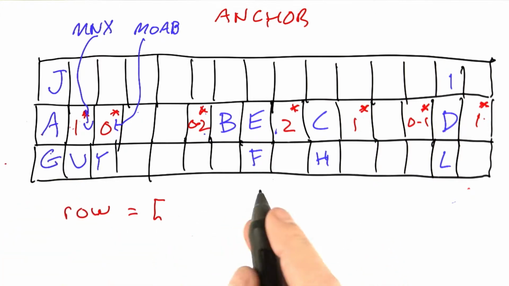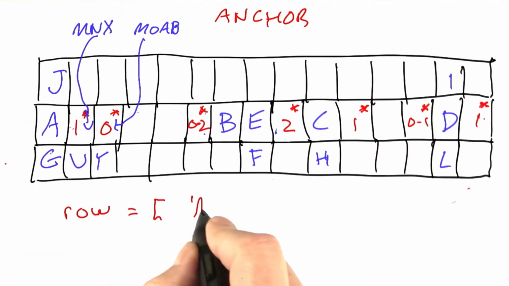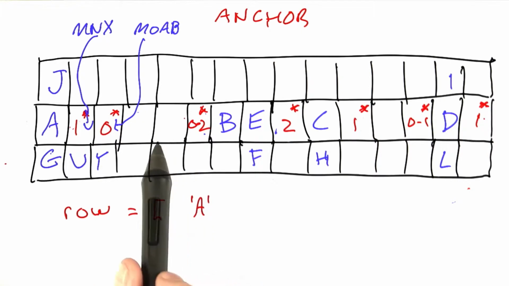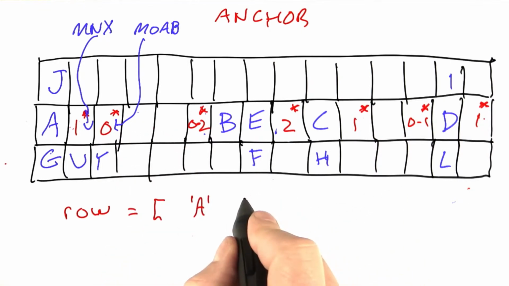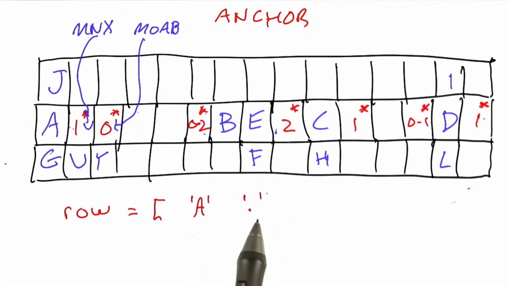If a square is a letter, we'll just use that letter as the value of the square. If the square is an empty spot, which has nothing in it, I think I'll use dot just to say nothing is there. A trick that you learn once you've done this kind of thing a lot of times is to say,